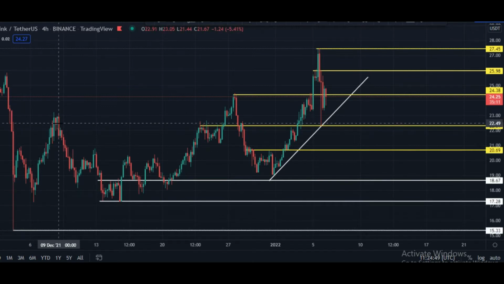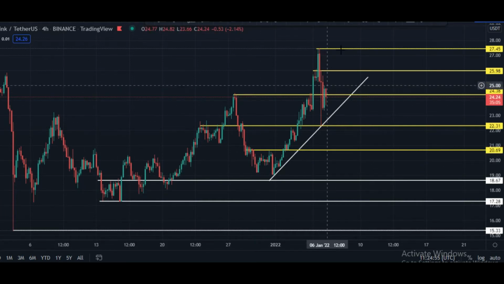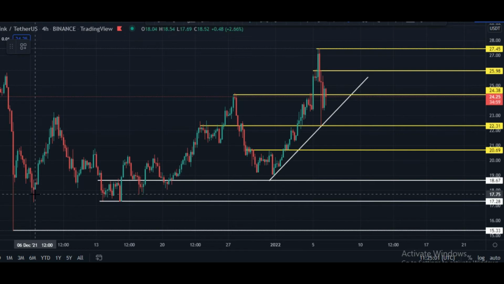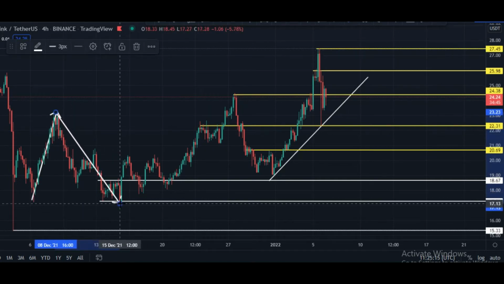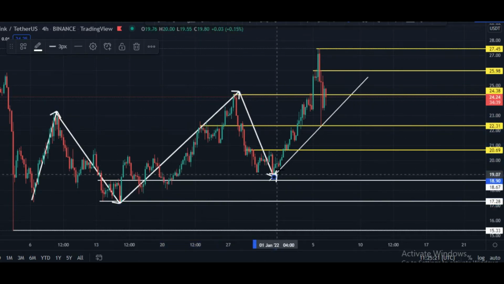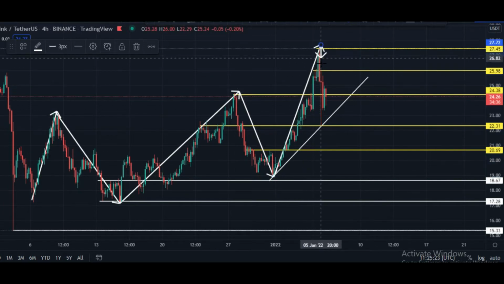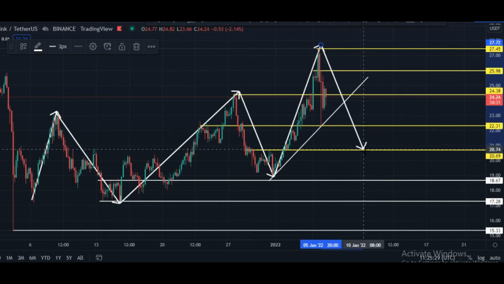After that we saw a move, and after that these are impulsive moves, and now it is in this destructive move. Here you can see this will be a impulsive move. After that we see a destructive move, and that is why here you can see it was here, and after that we see a impulsive move here and destructive move here, and now again impulsive move and again destructive move can lead it to maybe this area, maybe this area.